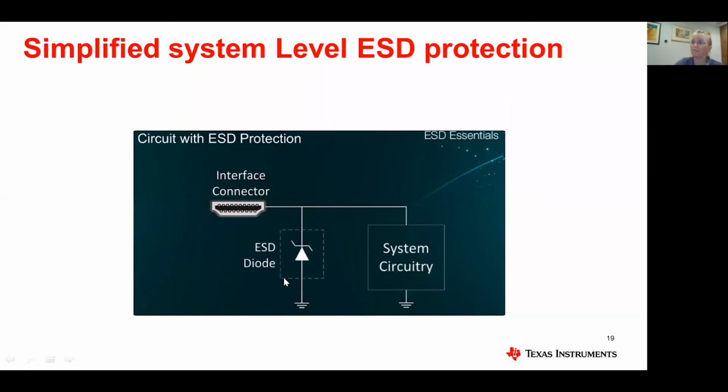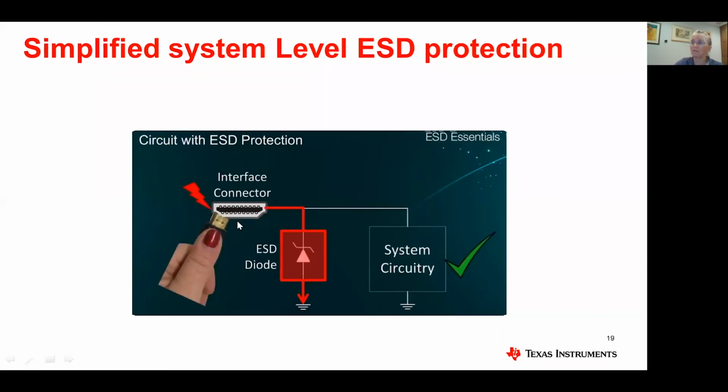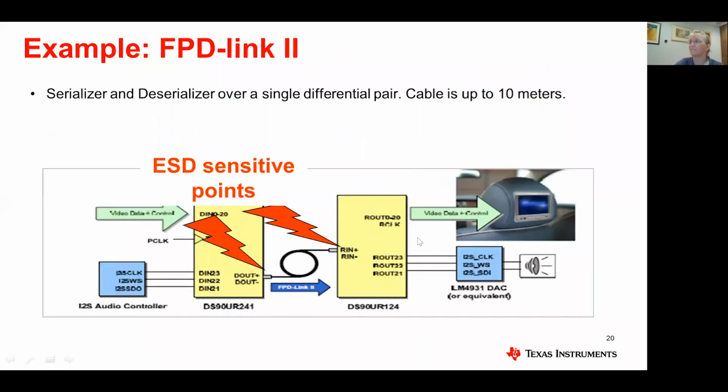So in our systems, we include primary protection, which ensures that the discharge gets shunted to ground and away from the system that we're trying to connect to. So this is essentially the same idea as the lightning. This is an example, coming back to the automotive example again. Building in that type of protection, sometimes it can be built in at board level, sometimes it's built in at IC level.